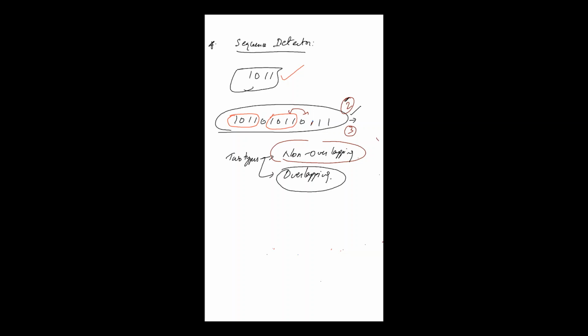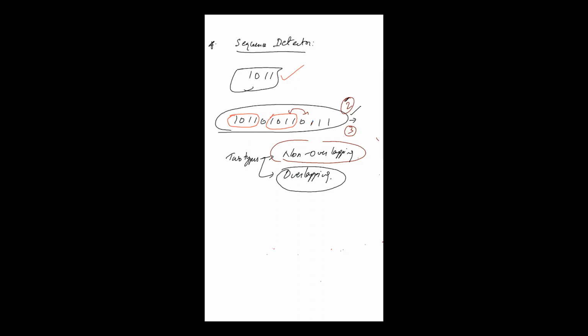So this is again the problem statement I'm telling you. If you are having any bit to detect any sequence, it can be 1 bit, 2 bit, 3 bit, or n bit. You have to design that, which can be given in a question or in a problem statement only. A particular sequence that you have to detect, and then you have to make sure which type of sequence detector you are designing, whether it is overlapping